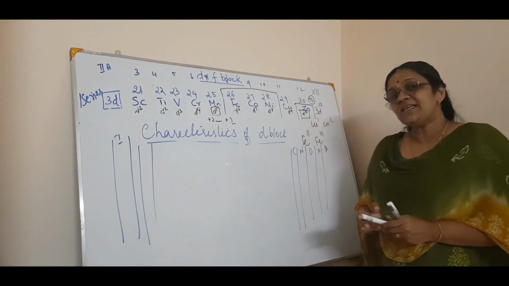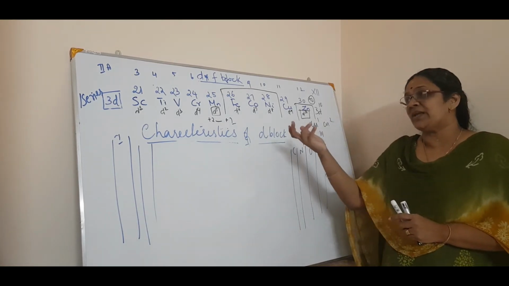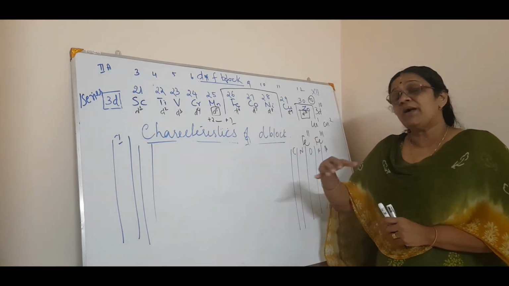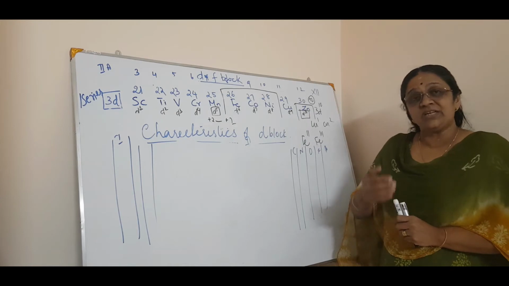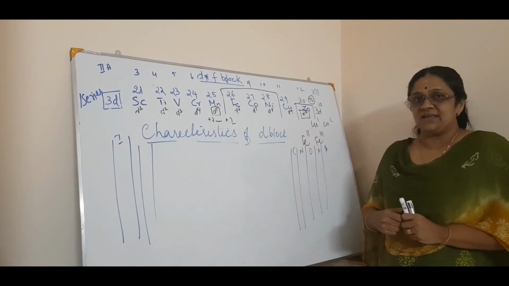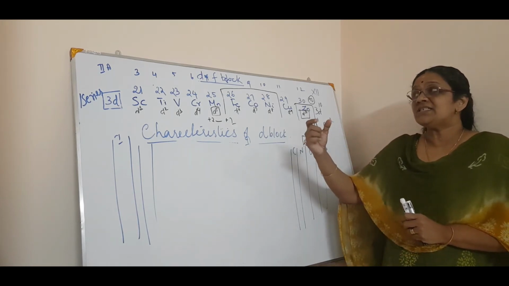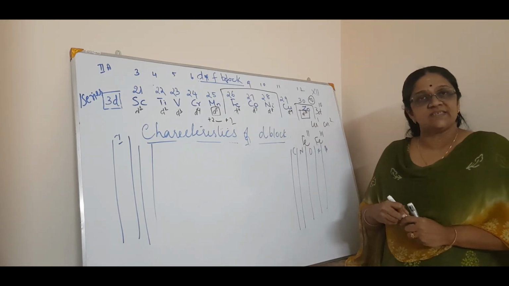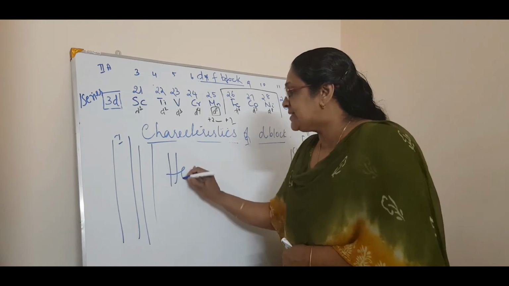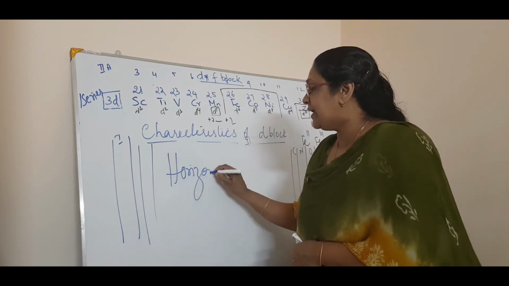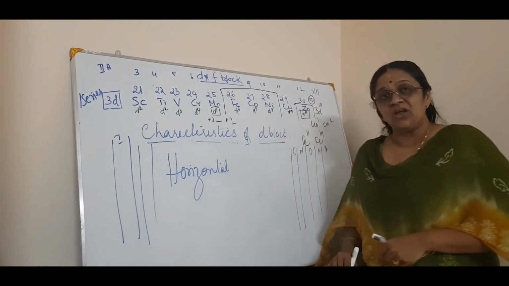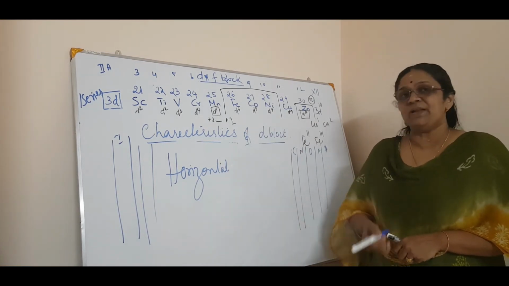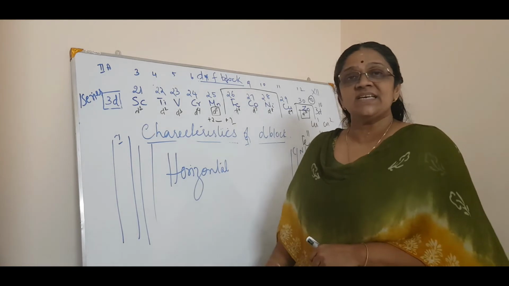But there is one exception when studying the D block. Of course, there are trends in the groups, but more than in groups, we talk about them period-wise. That means you can say there is a horizontal similarity in these D block elements. You can call it horizontal similarity, rather than the vertical similarity, which we call group-wise similarity. Here you can see the horizontal similarity, that is, the period-wise similarity.